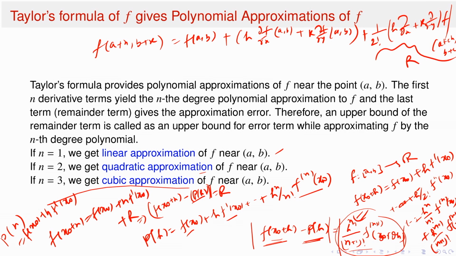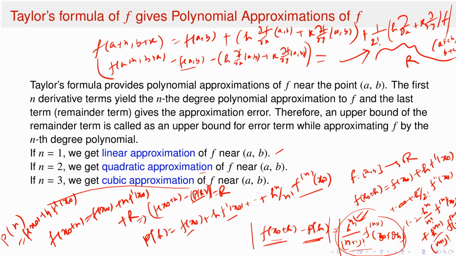Okay. So, now you bring back this one. So, what will happen? You are actually getting f of (a plus h, b plus k) minus f of (a, b) minus this h del f del x at (a, b) plus k del f del y at the point (a, b). Okay. So, this whole thing is exactly equal to your remainder term. But what is this object, f of (a plus h, b plus k) minus f of (a, b) minus this? I can write it as a polynomial of h